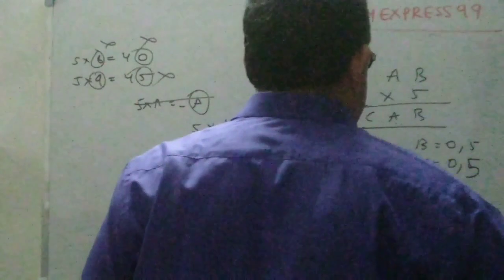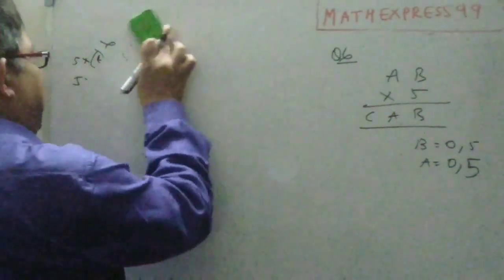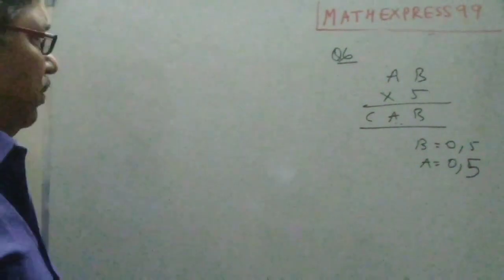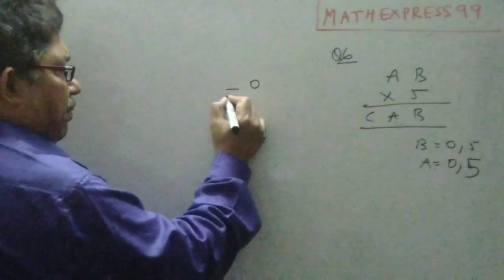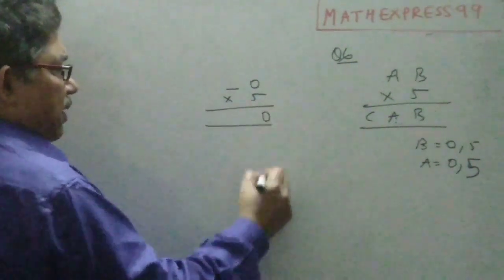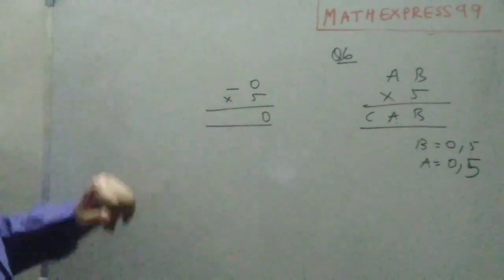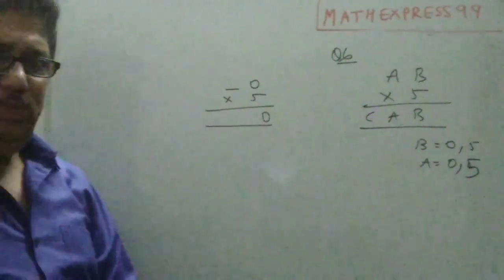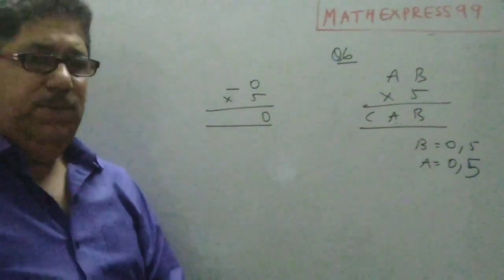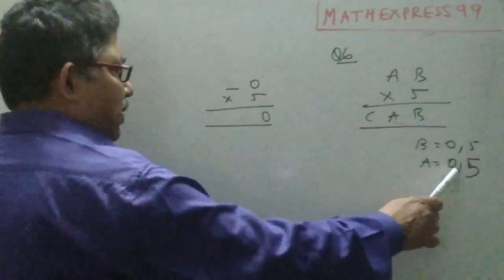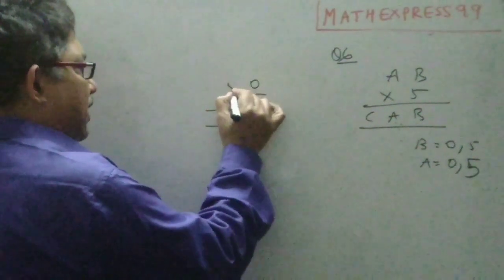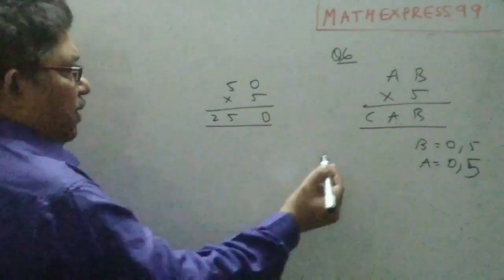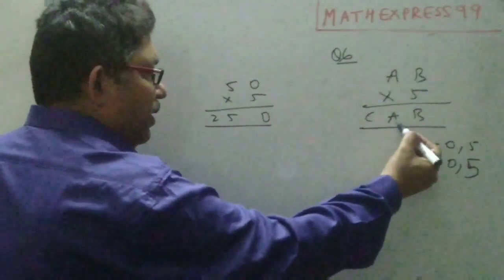Let us work out one by one and see. Now suppose B is 0. So 0, something here into 5, it will become 0. Now A has to be some number. If A is also 0, then you will get 0, 0, 0. So that's not what you are actually looking for. So A, you don't want to take 0. The only other choice is that A can be 5. 5 into 5, 25. You wanted these two to be same, these two to be same. So you see this 0 matches 0, 5 matches 5.